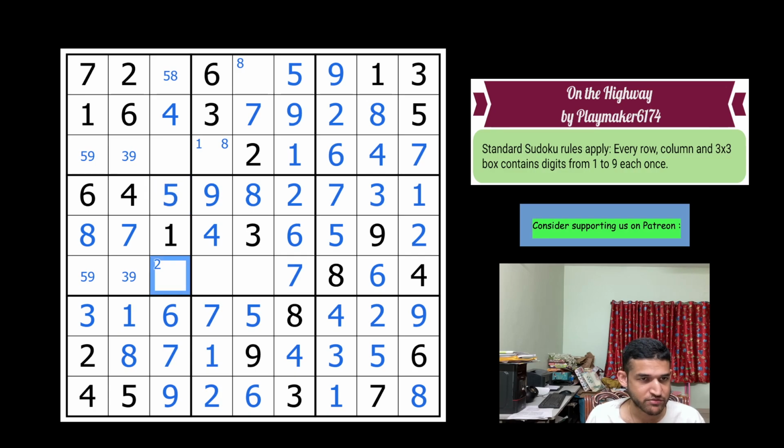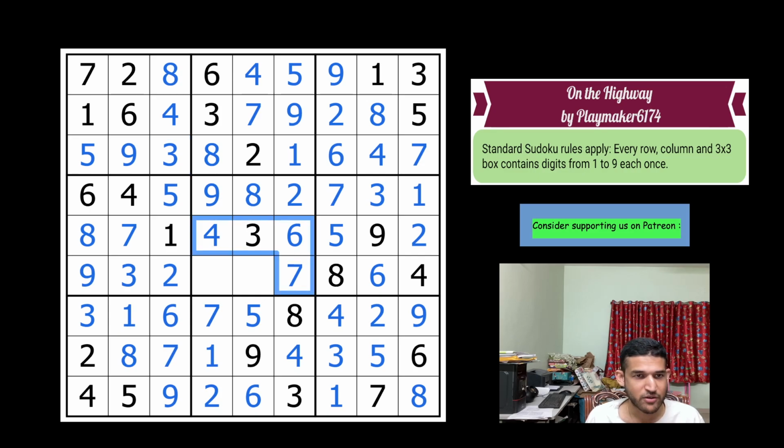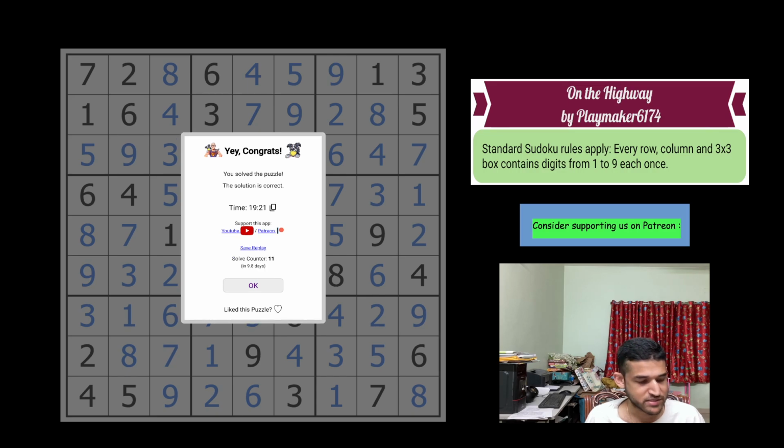1, and now 1 is forced here, and that 4 gives me a 5 here, which gives 2 5, pushing the 2 here, which means this uniqueness issue can be resolved. 9 3, sort of unique issue, you can say. 9 5, that 5 gives 8 here, which forces 8 here, giving the 4 here, giving the 3 here. So the final 2 digits are 1 and 5. And with that, we have completed this